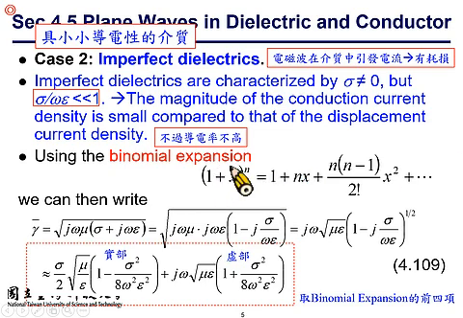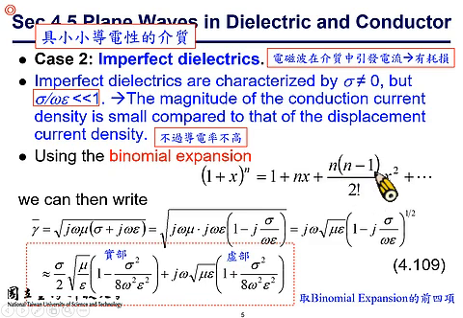In this expansion, x doesn't have to be a small number, okay? Just using the binomial expansion, (1 plus x) to the n is 1 plus nx plus n times (n minus 1) over 2 factorial